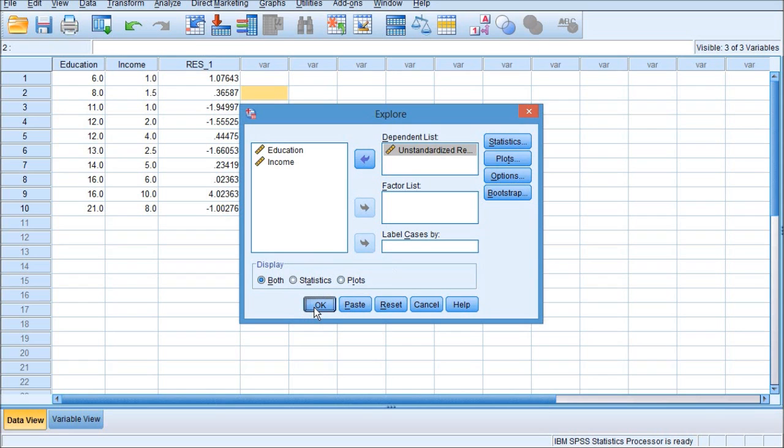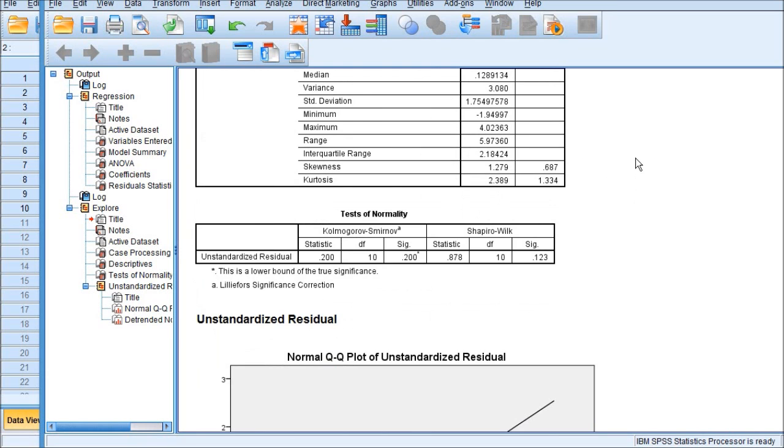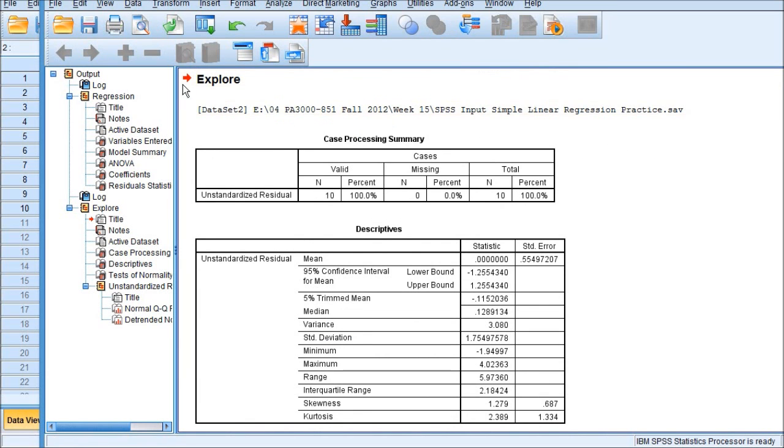Okay. The result of the exploratory analysis about testing normality of errors shows up like this. Okay, we did Explore.